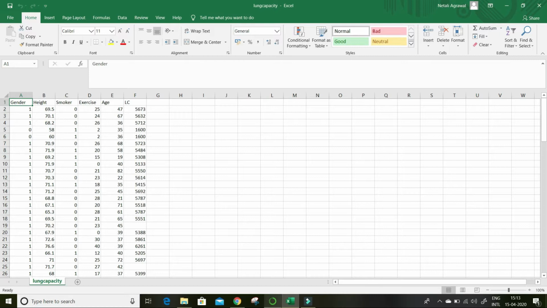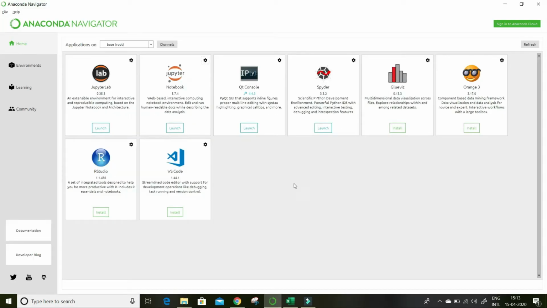Okay. So I'll mention the link also. Apart from that, on Google also, if you search for Anaconda Navigator, you can find it and install it on your desktop. It is a free tool. It is license free, so it is open source. Anybody can install it. There is no license or any requirement.